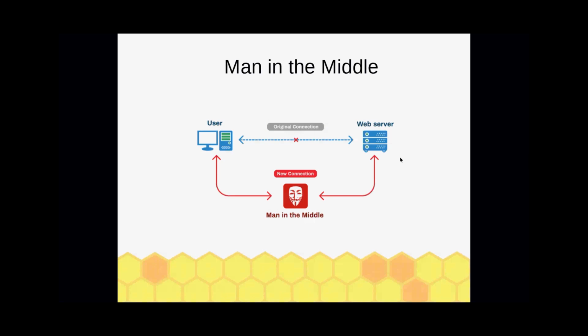So next we will be looking into the man in the middle. This man in the middle attack happens when you go to a coffee shop or some restaurant and connect to the public Wi-Fi. At those times, instead of connecting directly to the web server, a man in the middle takes that role. All the requests go to this middleman and then to the web server. This is where the man in the middle attack takes place.